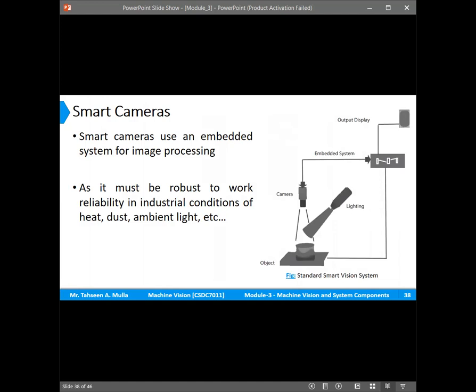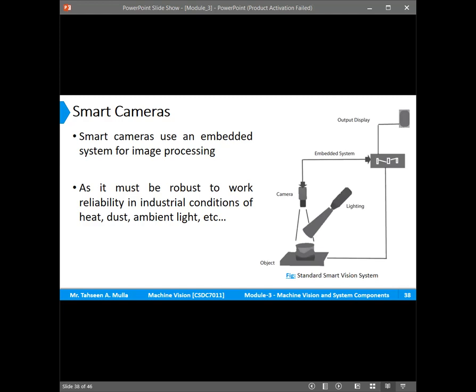Different filters, different techniques, everything will be applied in this embedded system, and accordingly, what type of device we are using will have the camera type, right? So smart cameras basically use embedded systems for image processing, and these are very reliable in terms of industrial applications, given conditions such as heat, dust,